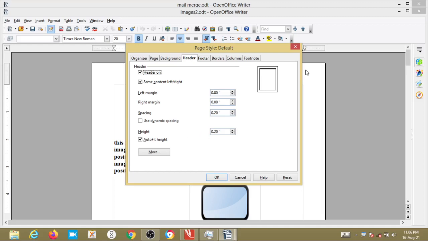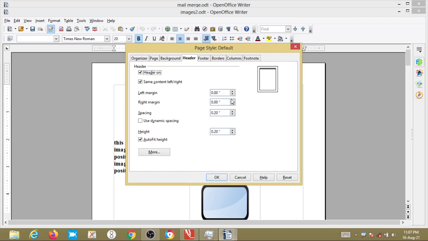If you want to give any margin spacing, see here it is appearing on the top. From the margins also you can place a header, how much distance has to be there. Here the spacing is given as 0.20 inches. There should not be any gap from the left margin or from the right margin.